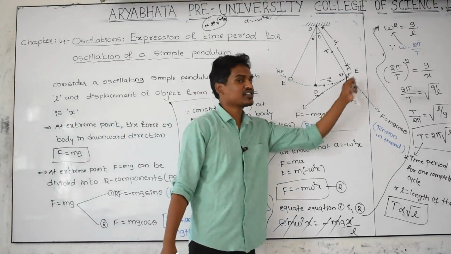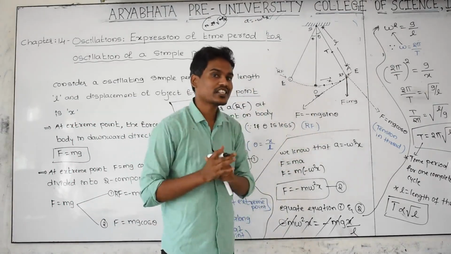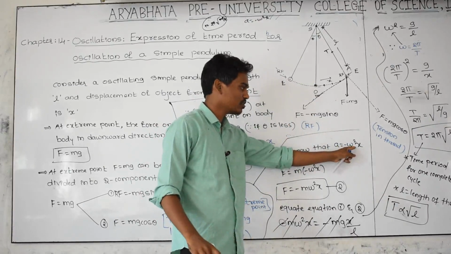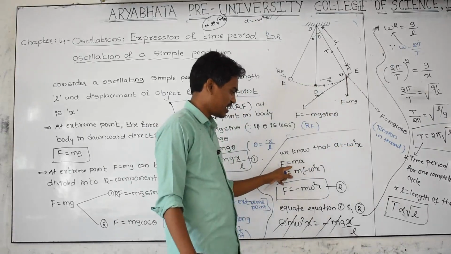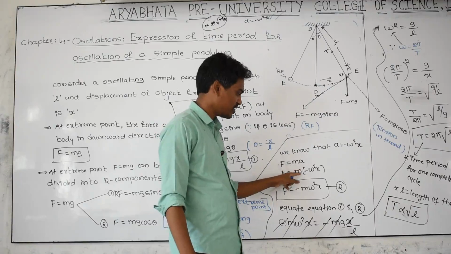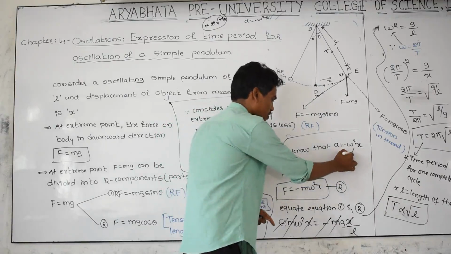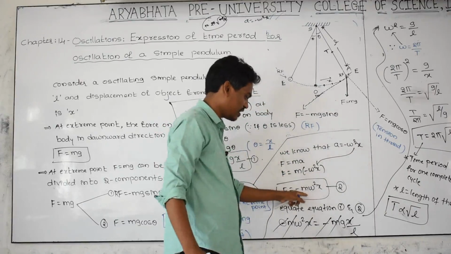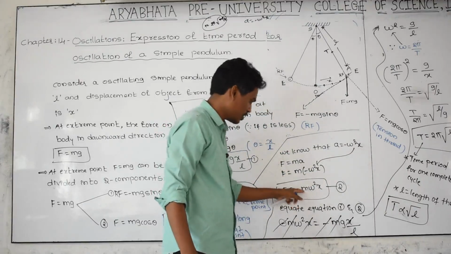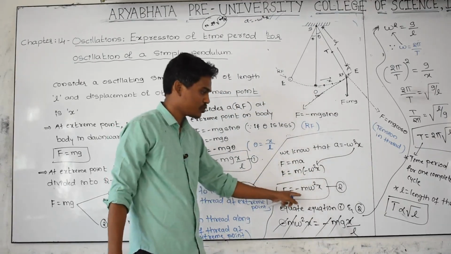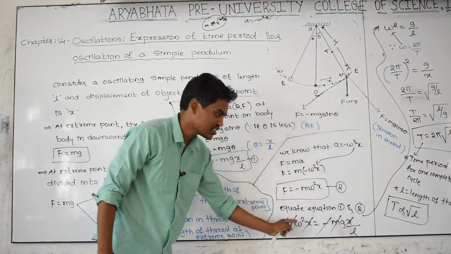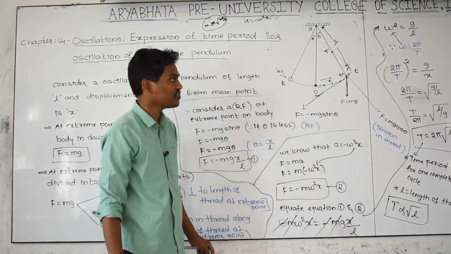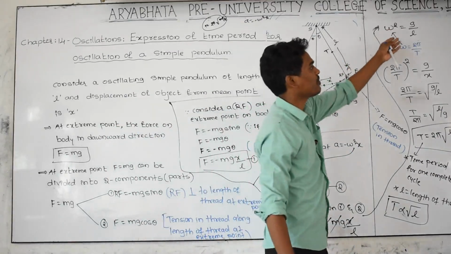And whenever the object is in simple harmonic motion, how to find out its acceleration? By using this formula. x is the displacement from the mean point. Newton's second law I have considered. m as it is, a can be written as this value. Again let us take it as equation 2. This is also a force equation, equate equation 1 and 2. What are the common terms on LHS and RHS? They get cancelled with each other. Omega square is equal to g by L.